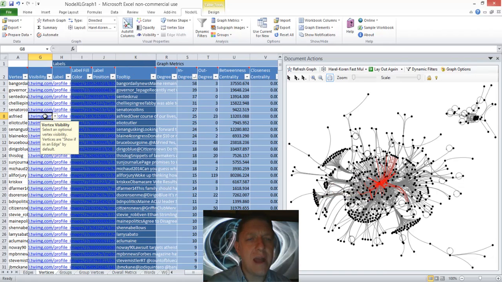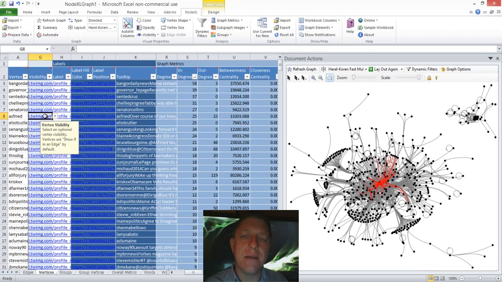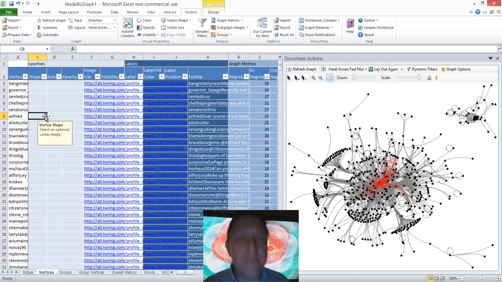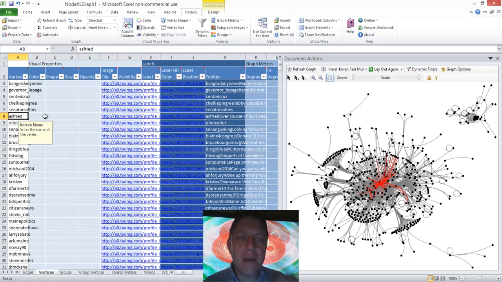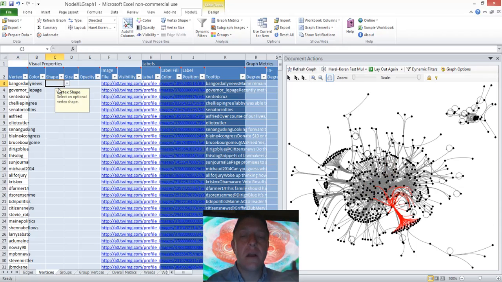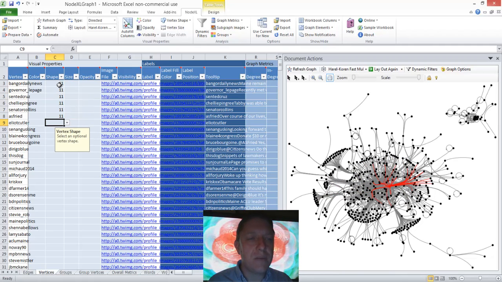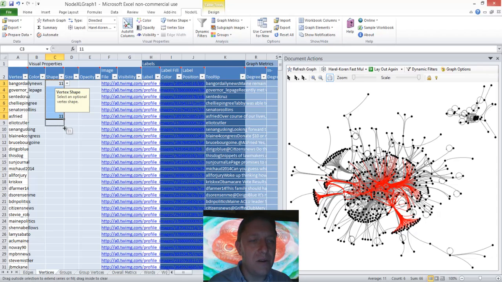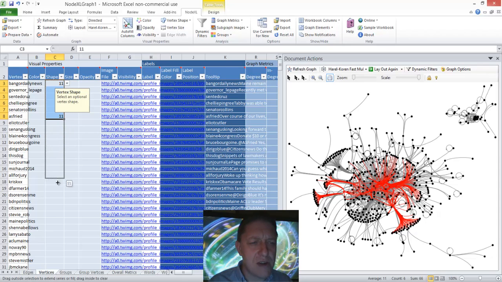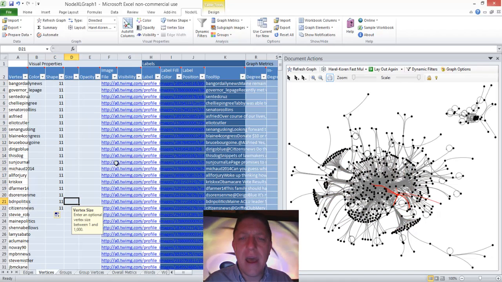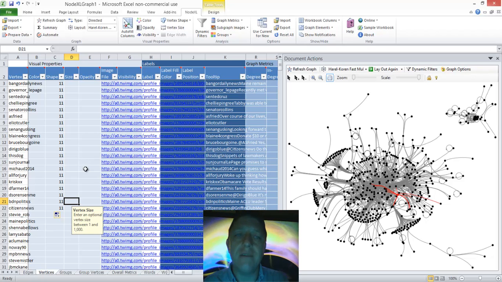Okay. So now that I have those individuals, I'm not going to give everybody an image. I'm not going to give everybody a label, but I'm going to give the top 10, top 20 individuals their own special appearance because they are the most prominent in terms of degree. I'm going to take those individuals and, remember, I have to subtract 2, so I want to go down to row number 22, Citizens News, it turns out. And I'm going to let those individuals each have an image.